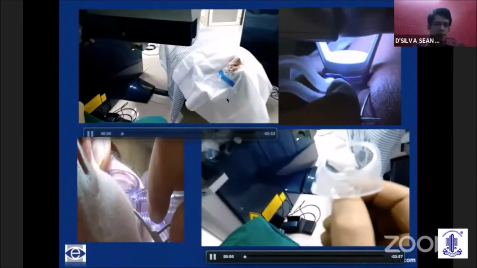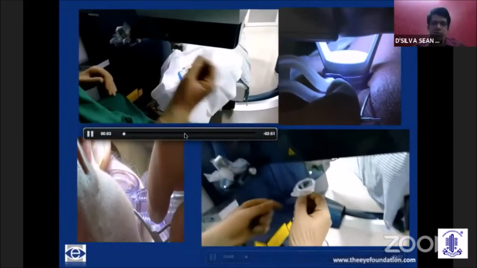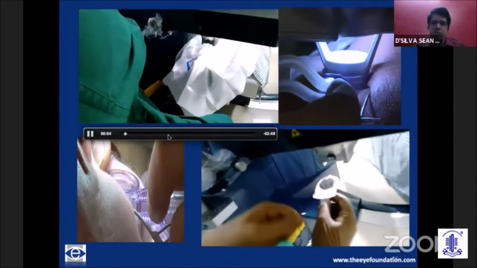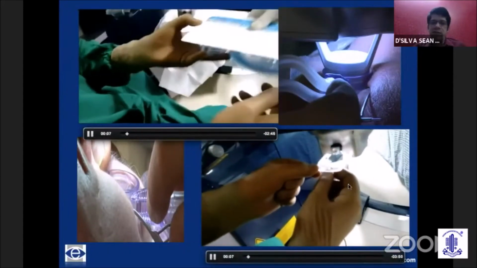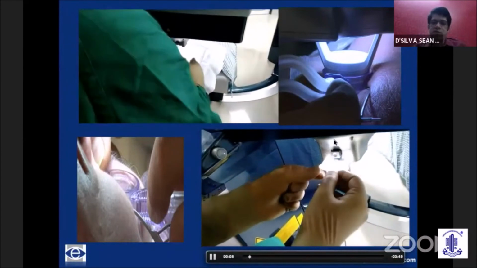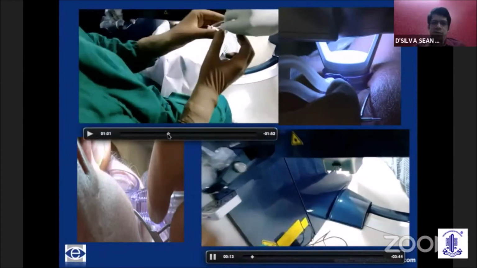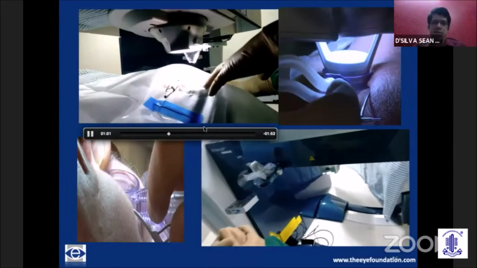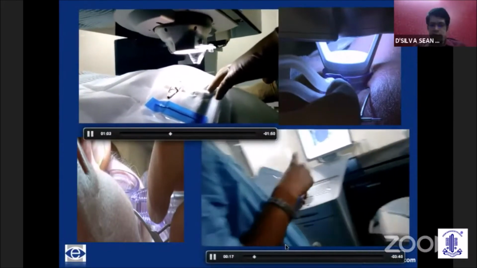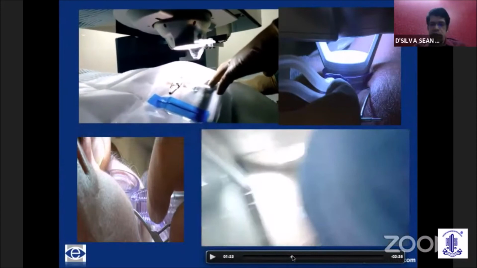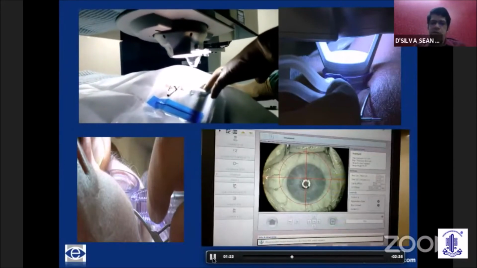So I'll quickly run through this video. I have around 40 seconds remaining, just to show how easy it is to dock. Here down, you can see the interface being locked into the femtosecond device, and here you have the patient eye being locked in. It's a very user-friendly procedure.